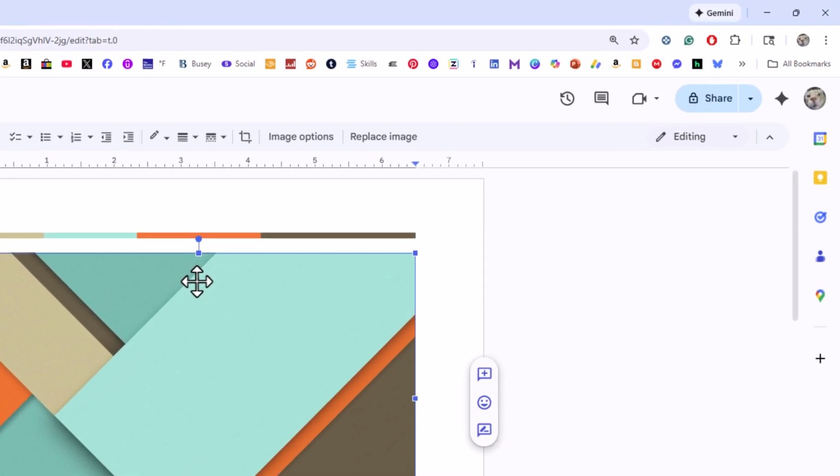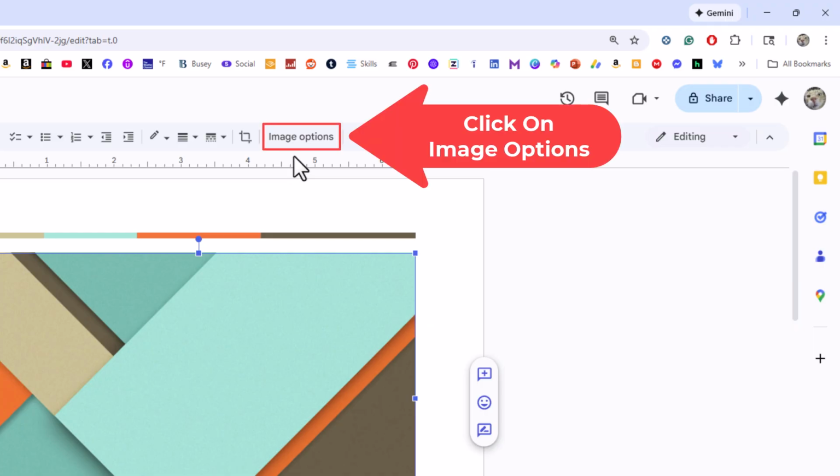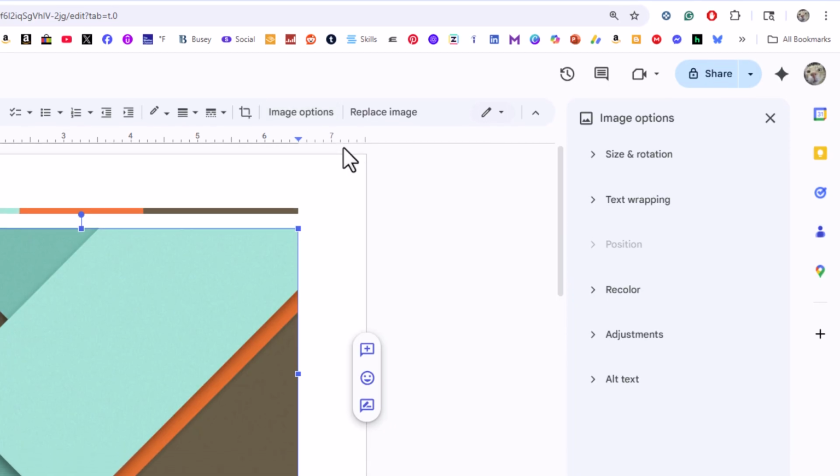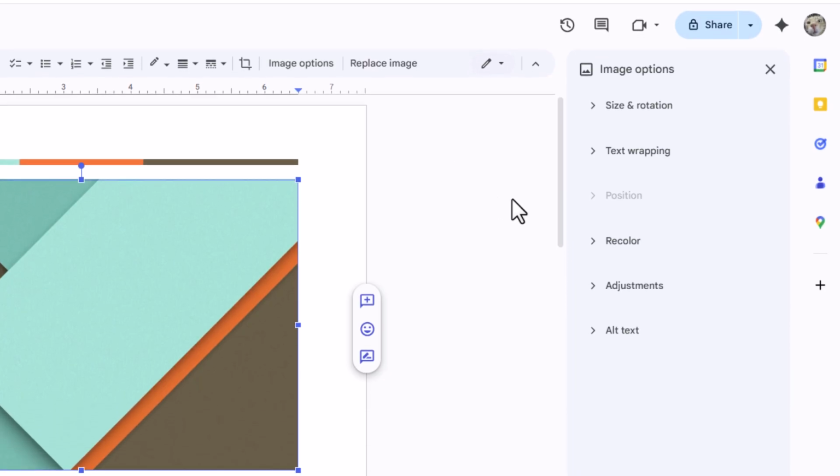Next thing you want to do is go up to the top up here, up to the image options. You want to click on image options. That will open up a side pane, and off to the right side here you want to go down to